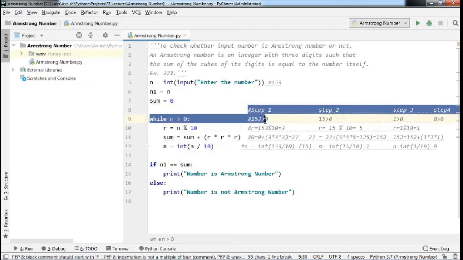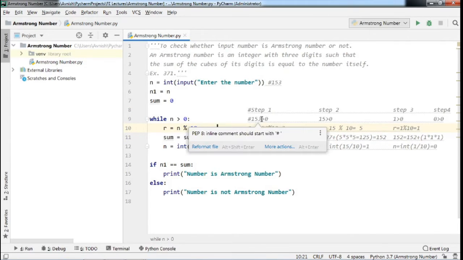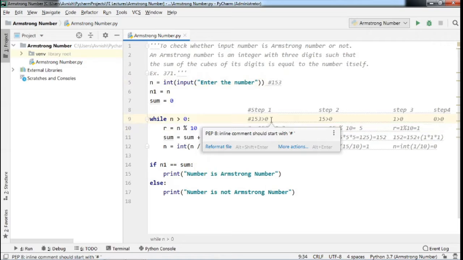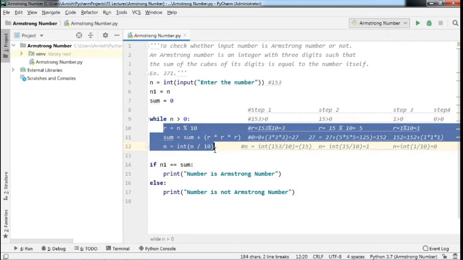In the first iteration of the while loop, the value is 153, so n is greater than 0. This condition is true, so we will execute the part defined in the while loop.